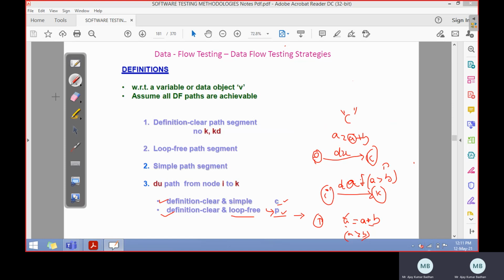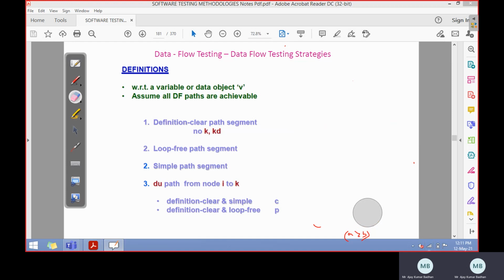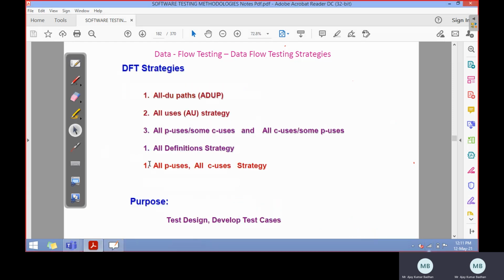That is what he means to say in this particular scenario. So these are some of the terminologies that we have with respect to what we call data flow testing, and these are the ones we are going to see in our coming scenarios.